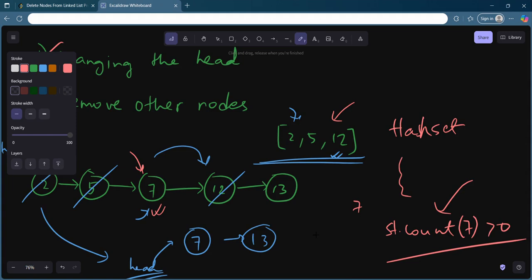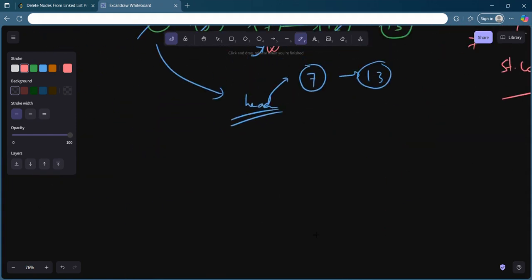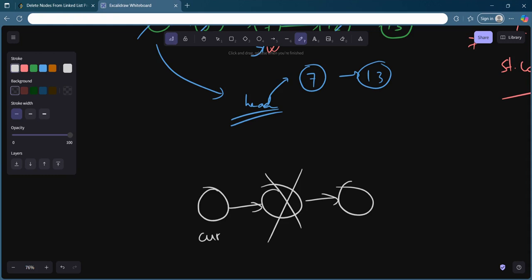See how we delete an in-between node of a linked list. Let's say you have this element pointing to something like this. This is current, and this is again pointing to something, and you want to delete this node. What you want to do essentially is take this pointer and point it to the next node, and the skipped node will be automatically deleted by LeetCode. For simplicity, let's say this is cur, this is a1, this is a2.